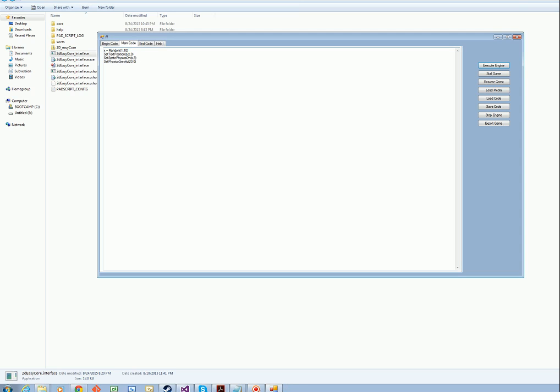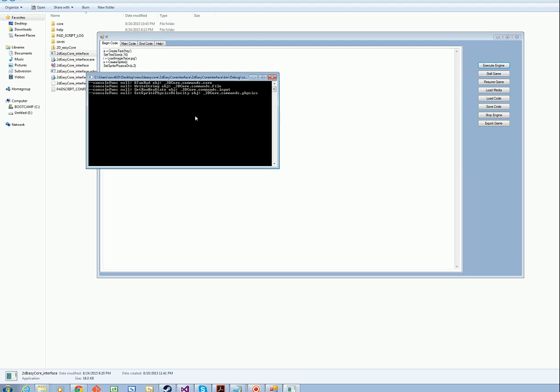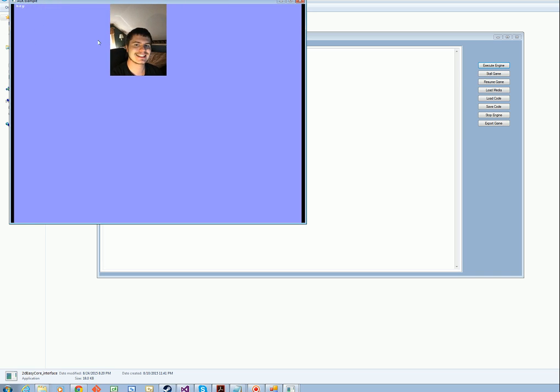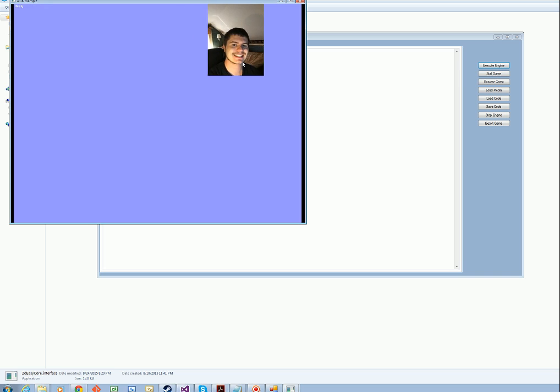Set sprite physics on. Maybe I have to set it to a 2. See if that works. Now as you can see, the sprite's actually moving because the gravity is 20 to the right. And as you can see, it hit the edge at the side of the screen,